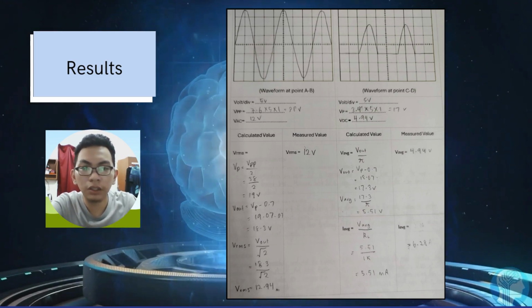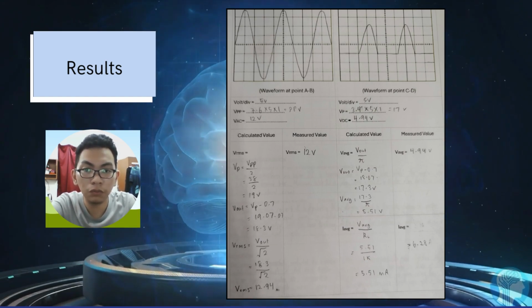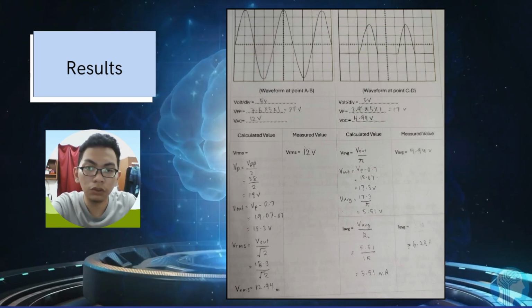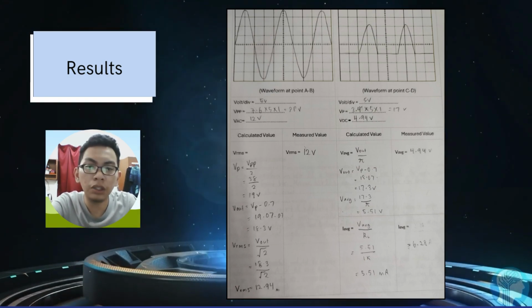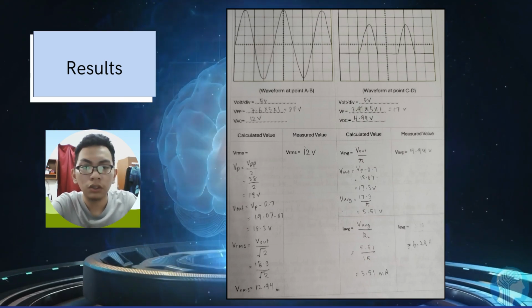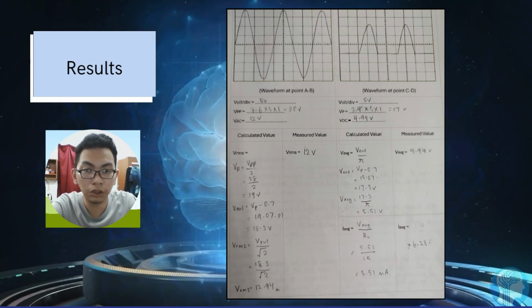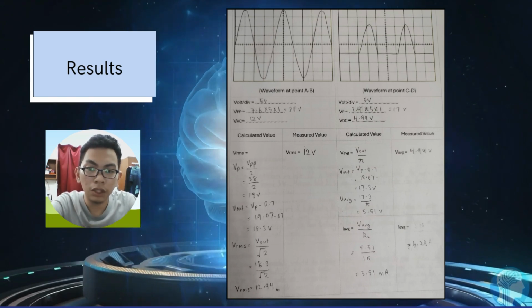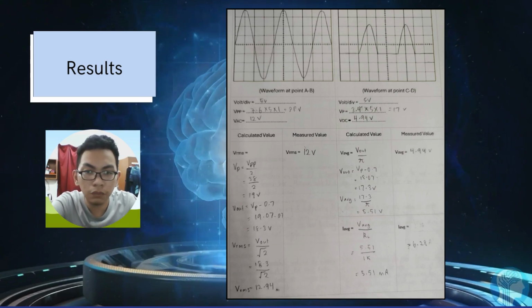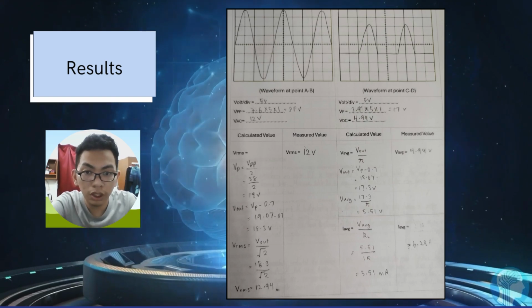For the calculation, we need to find the Vp first, and Vp equals Vpp over 2 equals 38 over 2, and Vp equals 19 volt. V out, we also need to use the formula Vp minus 0.7, and V out equals 18.3 volt. And finally, the VRMS equals V out over square root 2, and it will be